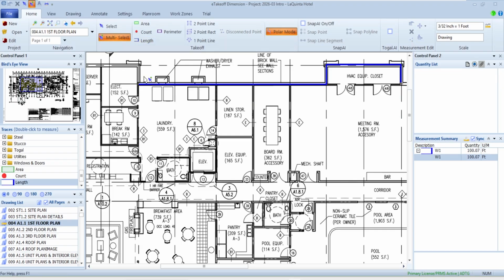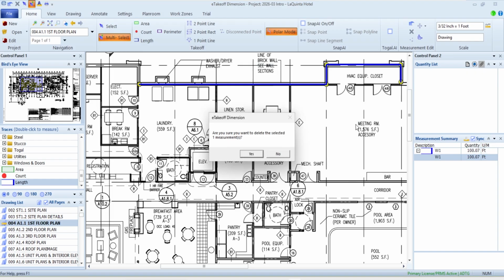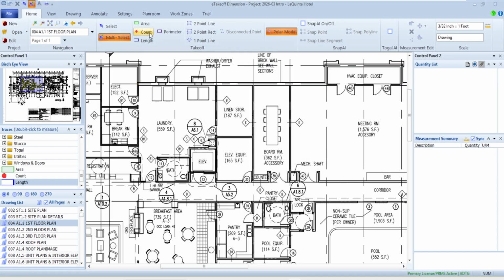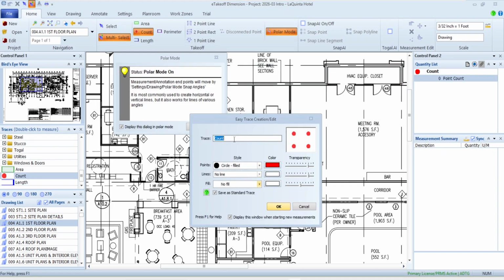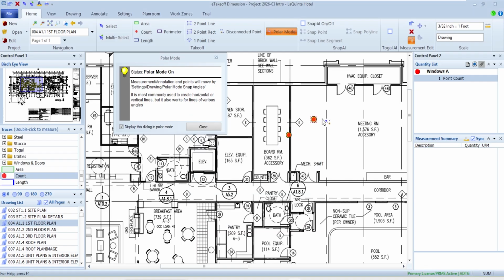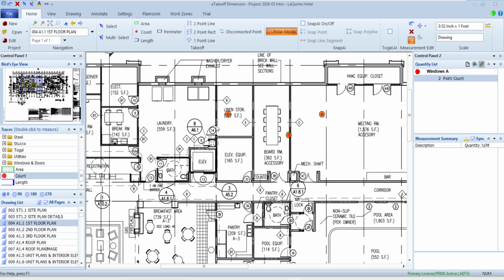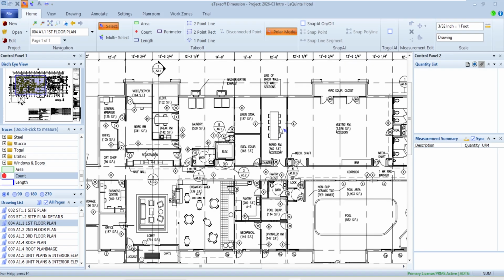Let's go ahead and take a look at counting. With count, there's a basic count function here, and I can tell it what it is. So if I want to say that I've got a type A window or something like that, you can tell it what type of shape it is, what color it is, and just do something basic like counting. Now, with counting in mind, I'm going to cancel that at the moment. There's also a very, very powerful way to have the system auto count. Now, in this plan, I could do multiple pages at the same time when I do this search also. I'm just going to focus on one at the moment.